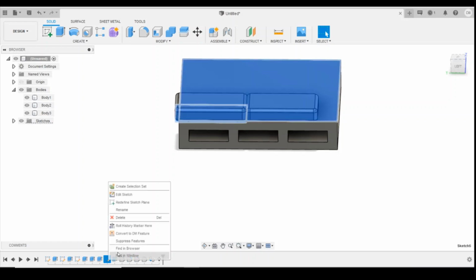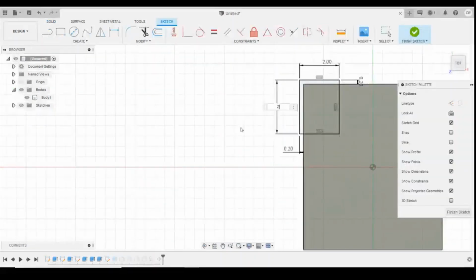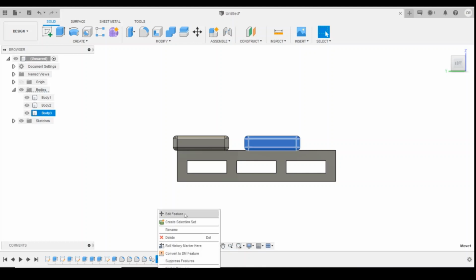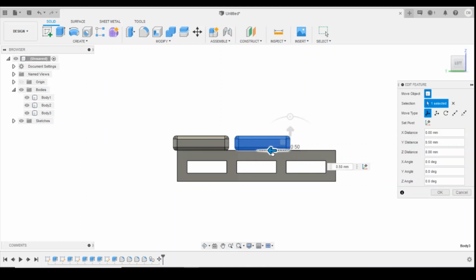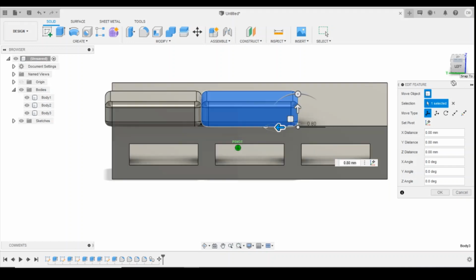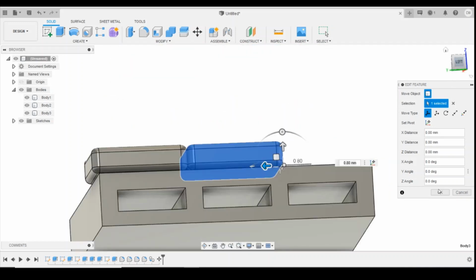So we can go back to our sketch, edit the sketch. So we'll change this 3.6 to 2.8, and we're going to try that. We'll edit the feature here. Going to bring those in, so they're just about touching like that. Okay, and then